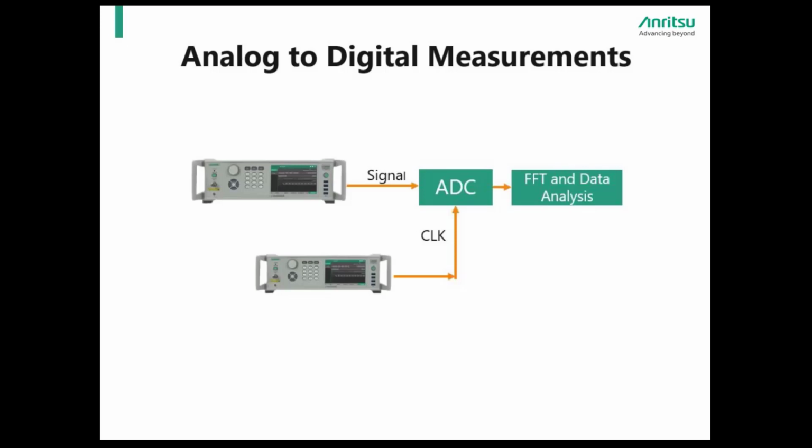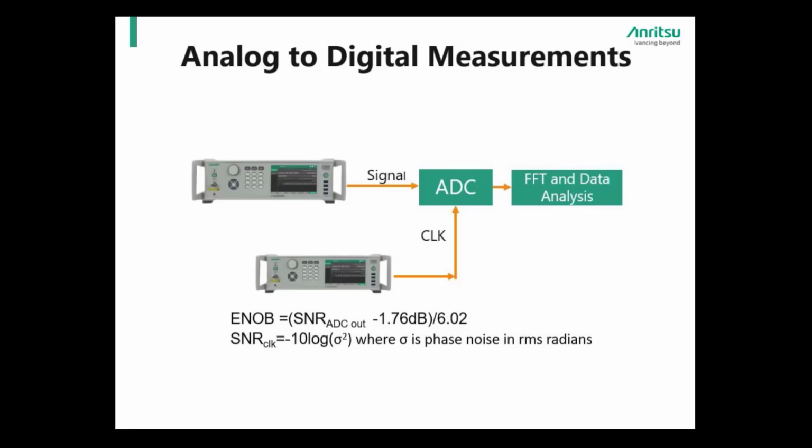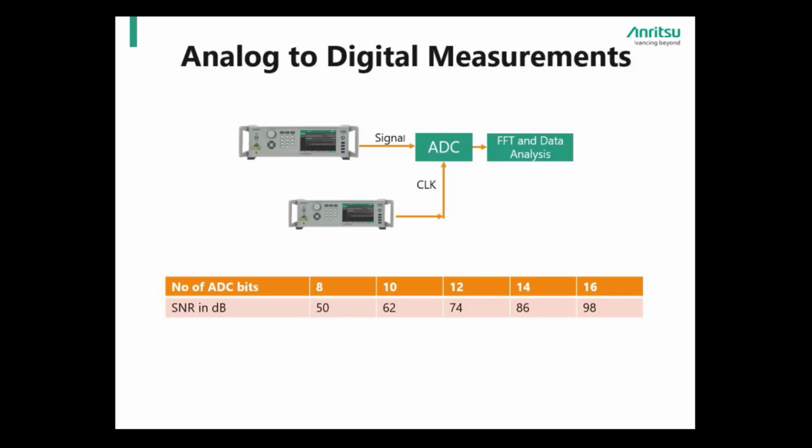What is truly important to understand for this example is that the effective number of bits, or ENOB, corresponds to a certain amount of SNR, and there is a relationship between SNR and ENOB. This can be easily quantified by the below equation. We will now display a table that shows the values for SNR with respect to effective number of bits of